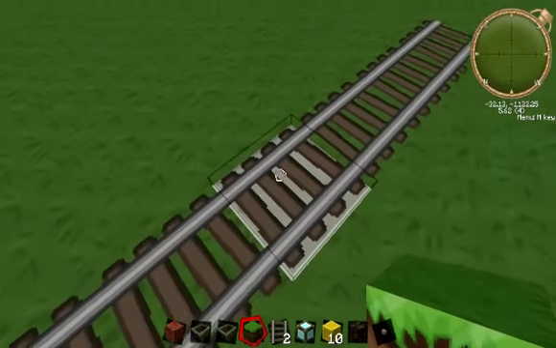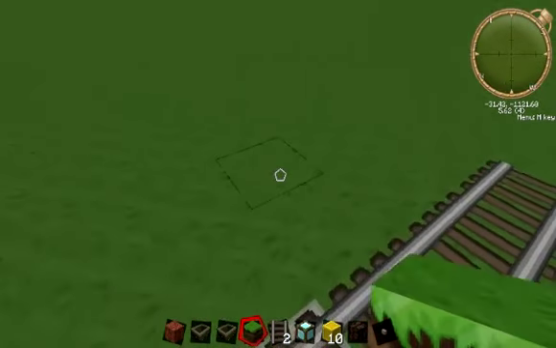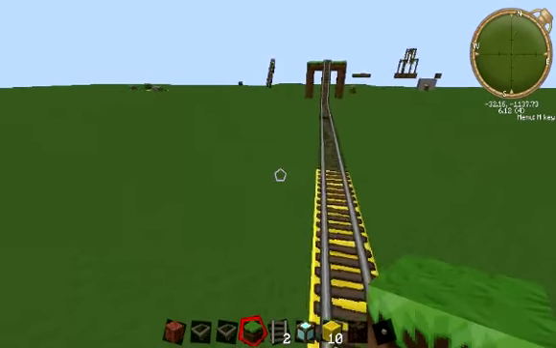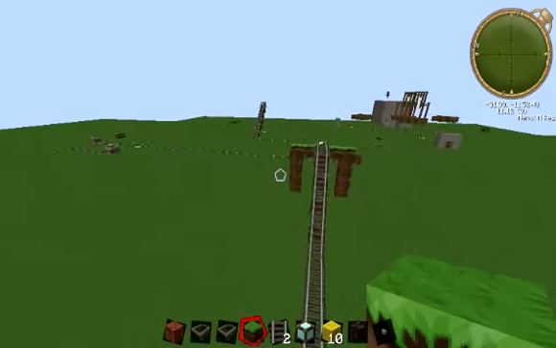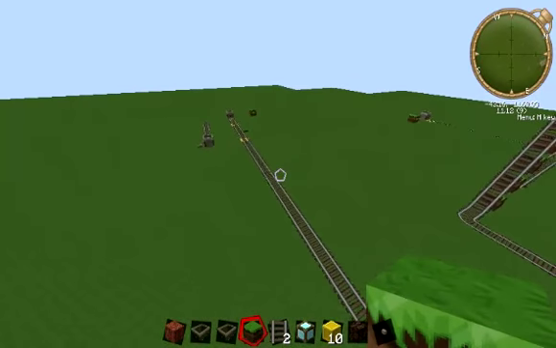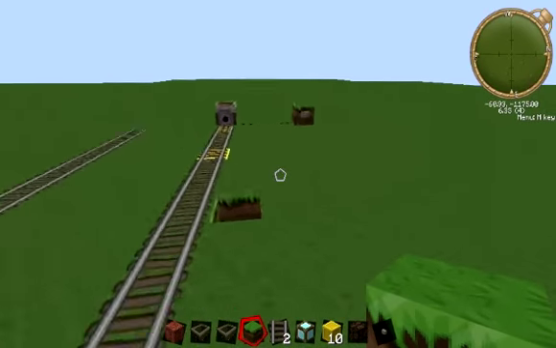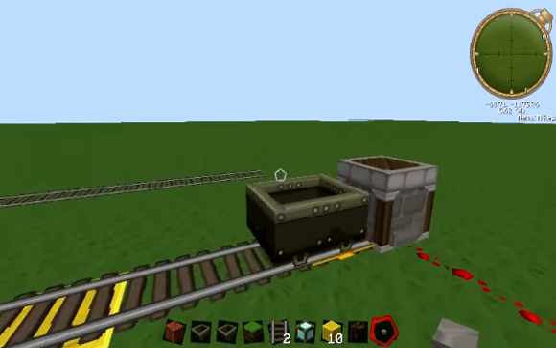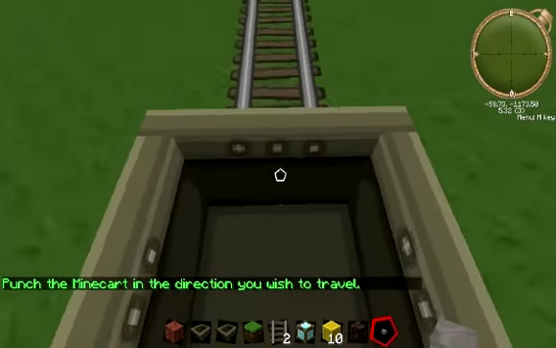And then here we have an iron block, which will eject you from the cart. So let me show you guys all of this in action. I'm going to go this way because this is kind of just the way I set up a bit more. So, okay. Let's go ahead and eject, get in the cart, and it's going to say punch in the direction